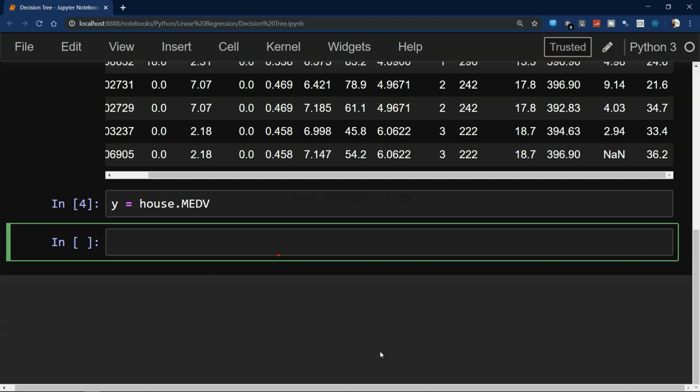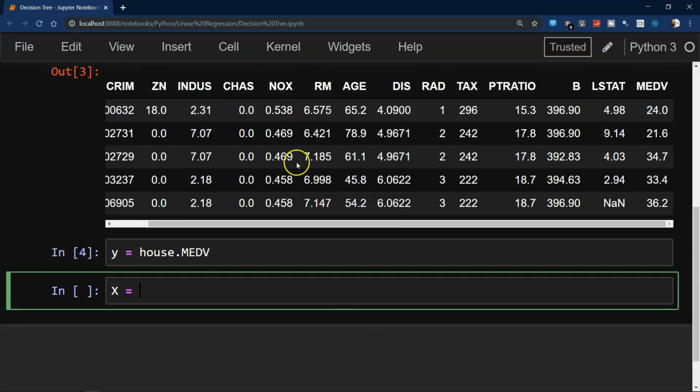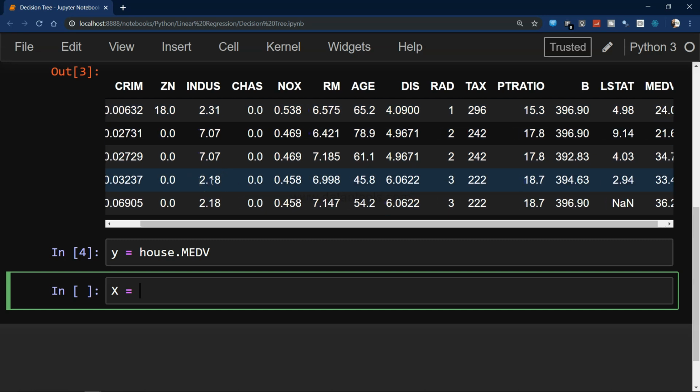All right, and then I want X, or independent variables. Independent variables are these because they can have any value, and based on whatever value they have, we need to figure out the dependent variable, which is price. So we will select some variables like crime, NOx, room, age, pupil-teacher ratio, and finally maybe the LSTAT. So what we can do is we can call them